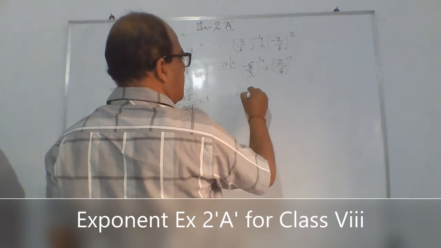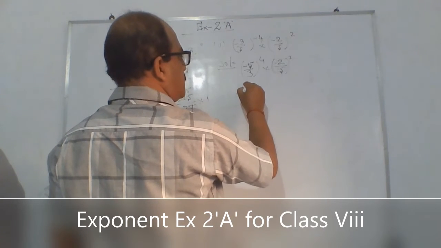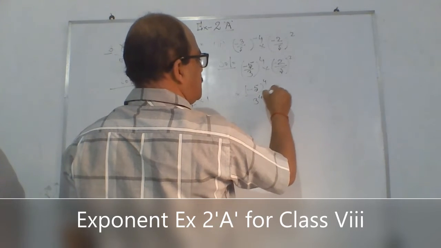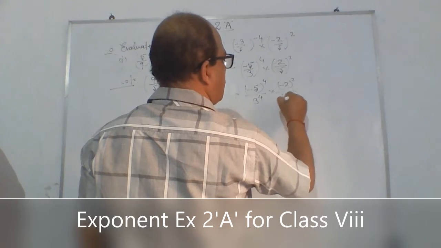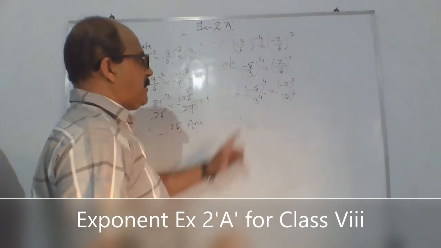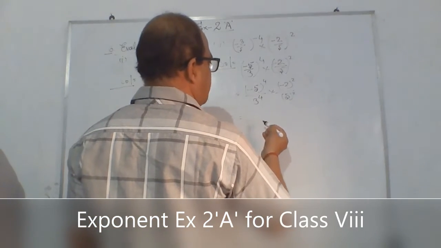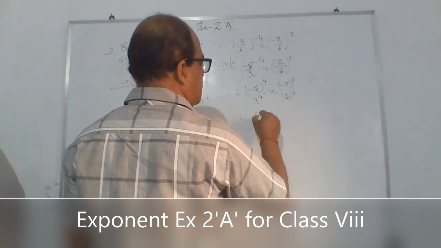So here, (-5)^4 by 3^4 into (-2)^2 and 5^2. The simplification of (-5)^4 means 5 5s are 25, 25 5s are 125, and 625,